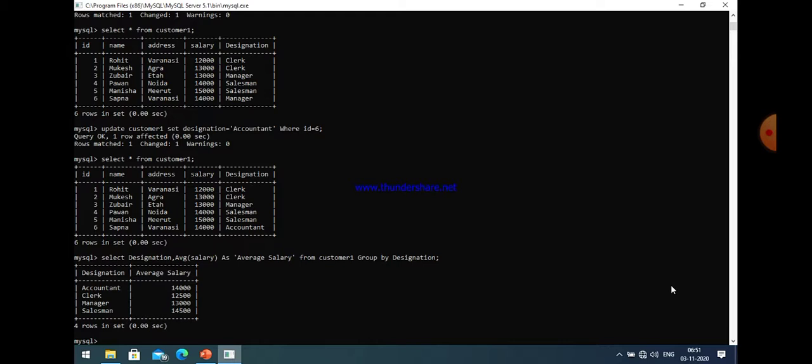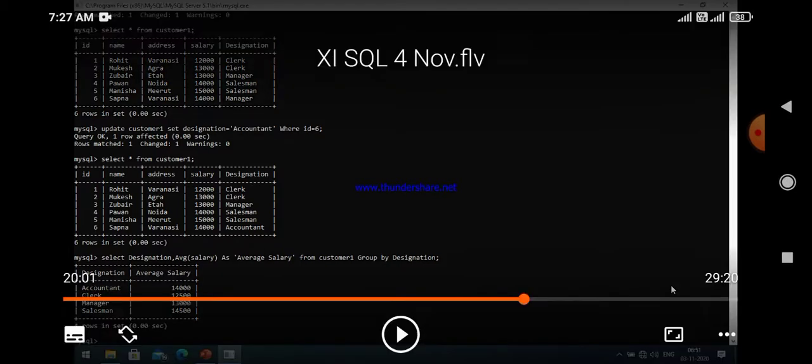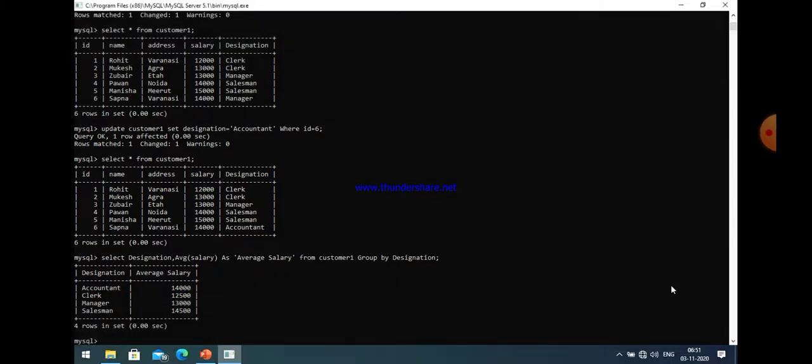The average salary for each designation is also there, because I wrote select designation and average salary. And since I use group by clause with designation, a group for each different designation is shown on screen. Now I think the concept of group by clause is clear to all of you.